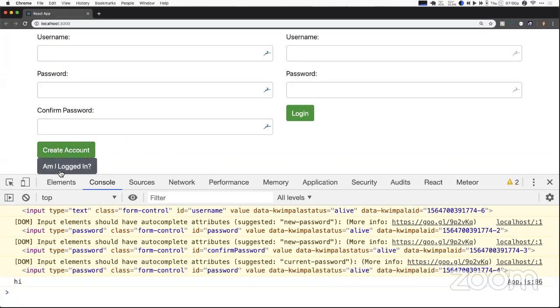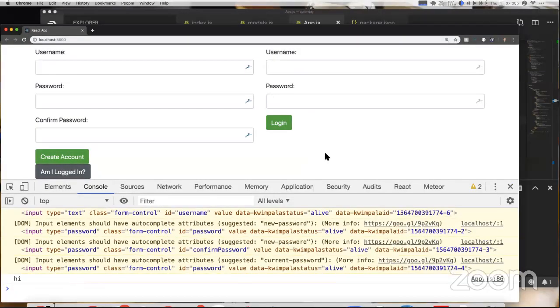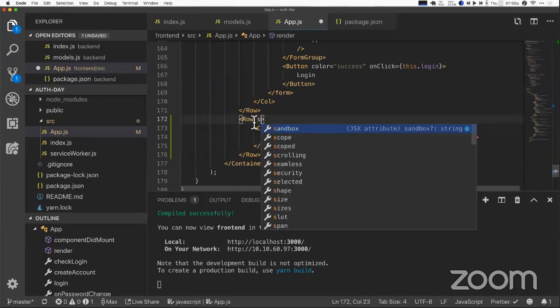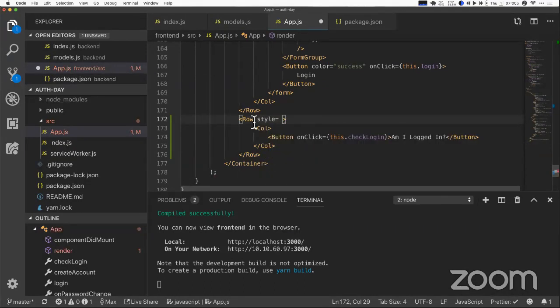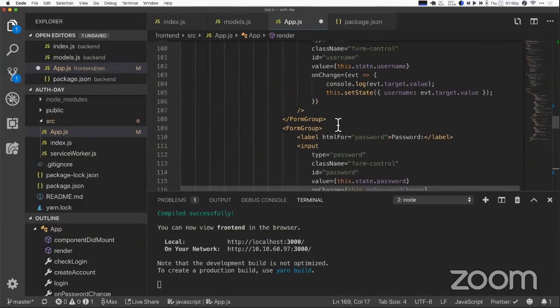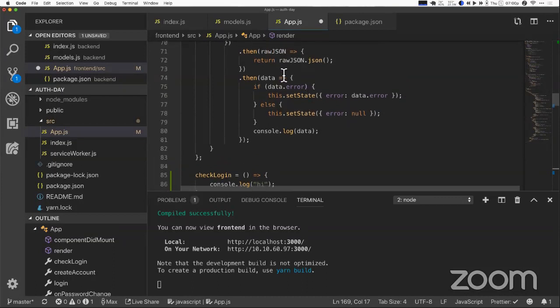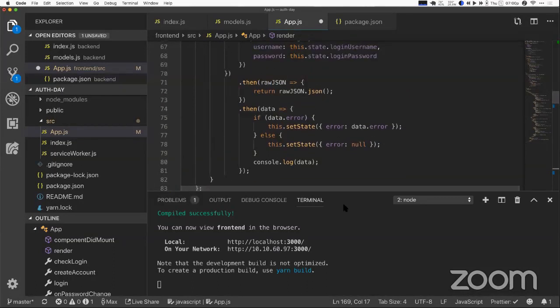That kind of looks bad to me. The two buttons are right on top of each other. So I'm just going to pop down here and put a little margin on top of that. Okay. Now, let's make that do something. Well, how do we check to see if we're logged in or not? We need to go to the server and we need to do something, right? So let's say